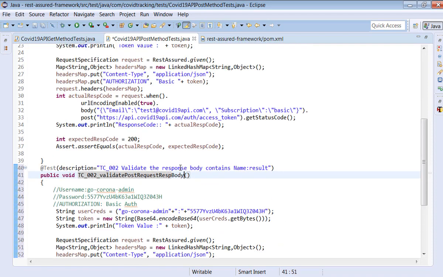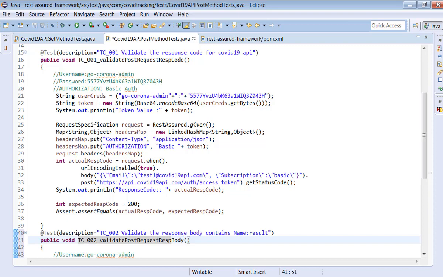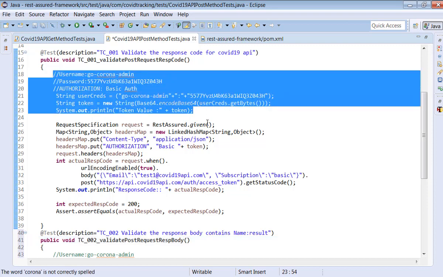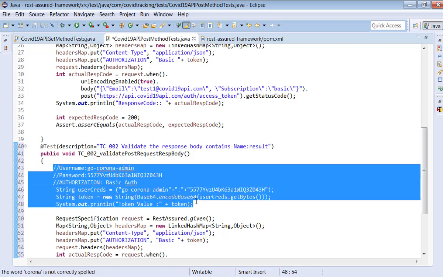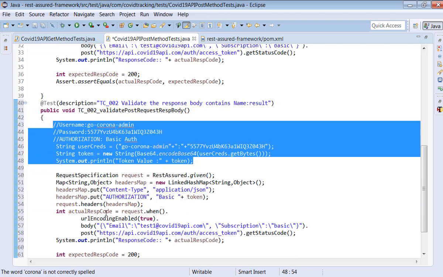Okay, now see, if you look at these two methods, this logic is the same here also. This logic is the same here also. When you go for an automation framework, we can convert the logic which is the same and repeatable in multiple test cases: copy this, keep it in a method, call the method. That way we can develop the framework to use these methods for all the test cases, right?